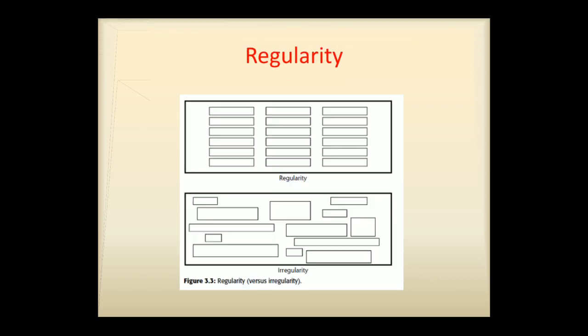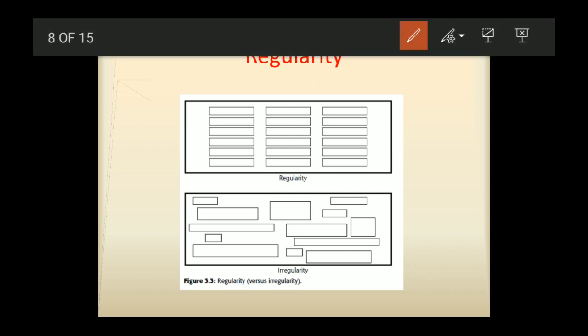So the next factor is regularity. Regularity seems to establish standard and consistently spaced horizontal and vertical alignment points, right? You can also use similar size elements, shapes, or even colors and spacing, right? All the components here could be of the same size, shape and color, as well as the spacing between them could also be the same. So basically regularity is nothing but uniformity of elements based on some plan or principle.